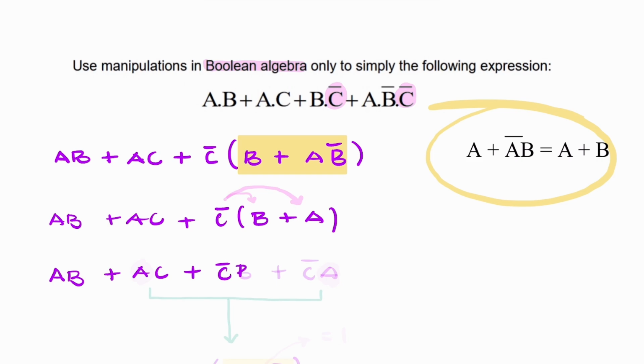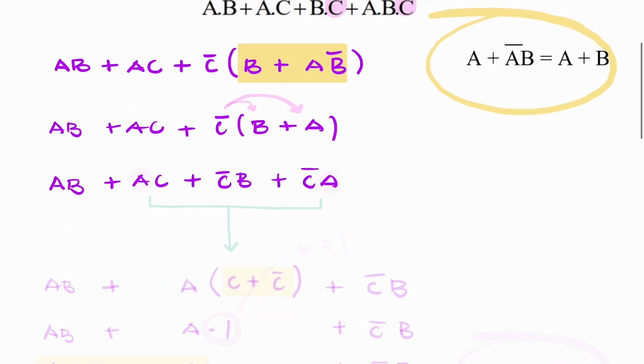So not C B plus not C A. Now, if we look at maybe the second term and the last term, they both have A in common. So we can combine these two, the AC and the not C A,